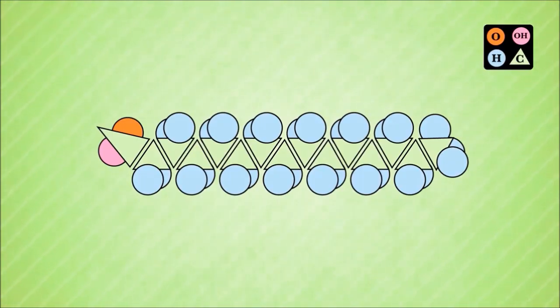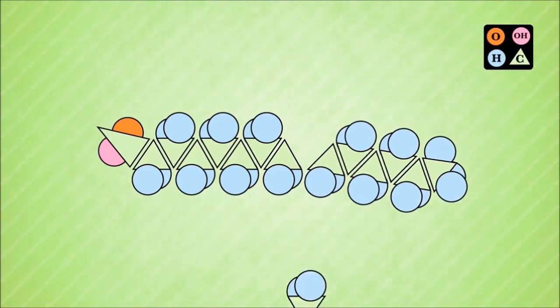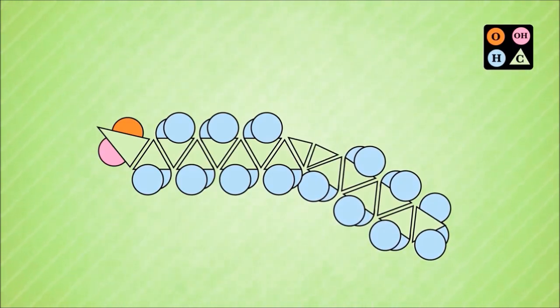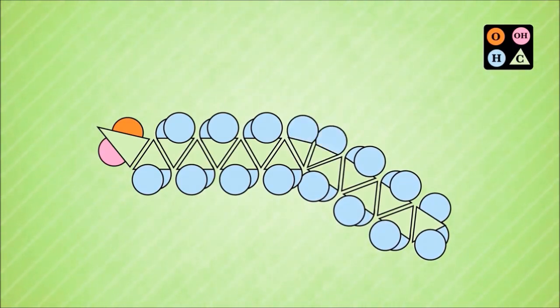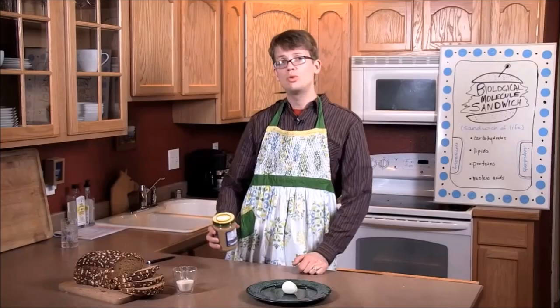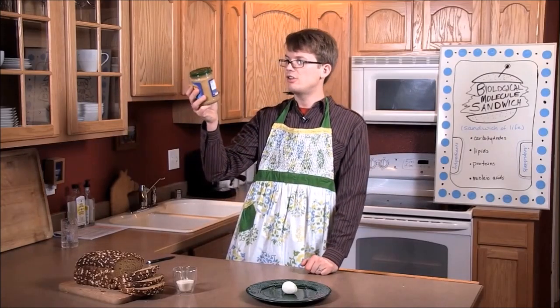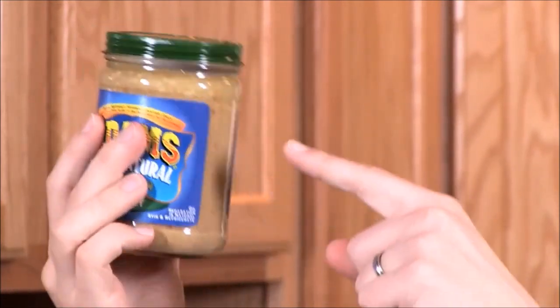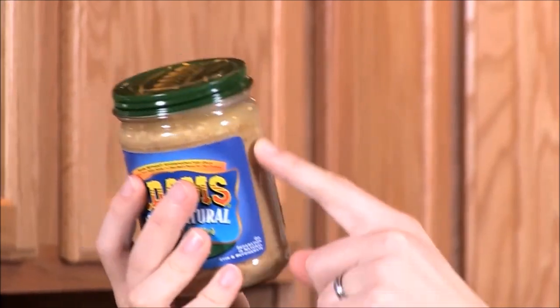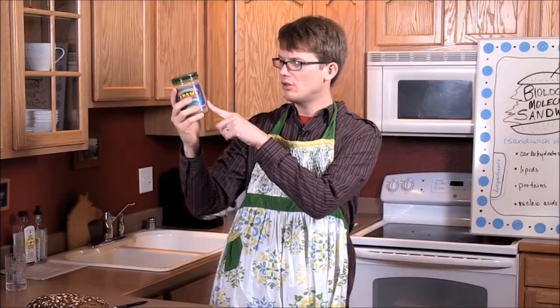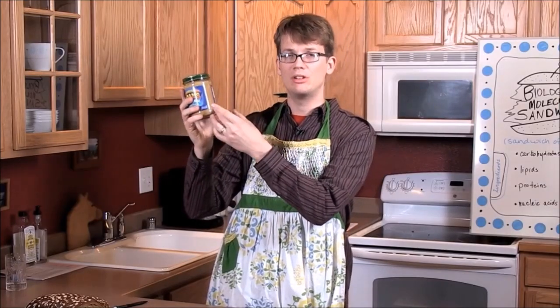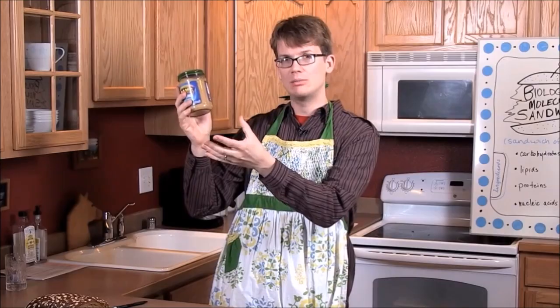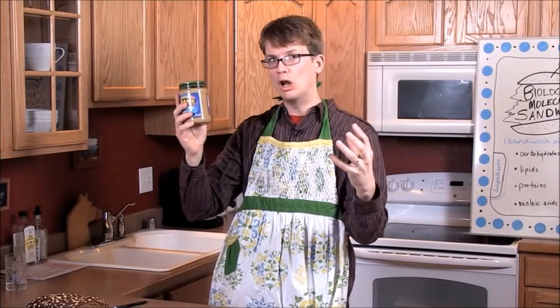But when some of the carbon atoms are connected to each other with double bonds, all of those carbon's electrons are spoken for, and so they're not able to pick up those hydrogen atoms. This means that they're not saturated with hydrogen, and they are unsaturated fatty acids. To demonstrate, may I direct your attention to this jar of peanut butter. Here you can kind of see both kinds of fat. The liquid stuff you see at the top here, that is the unsaturated fat, which we generally think of as oils. The pasty stuff down here also contains lots of unsaturated fat, but also contains saturated fat, which doesn't have any double bonds, so it can pack more tightly and form solids at room temperature.